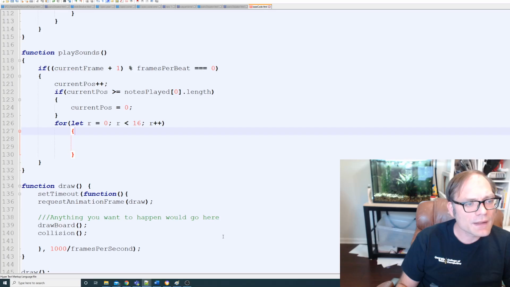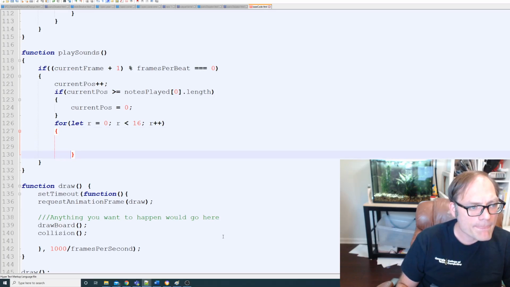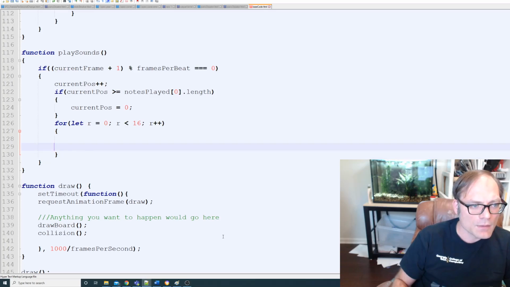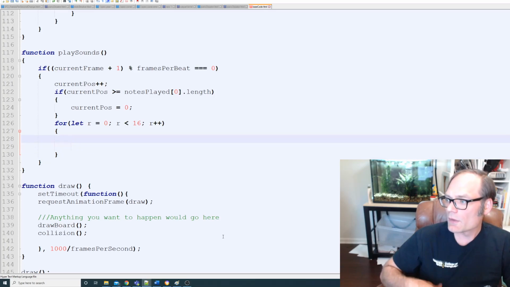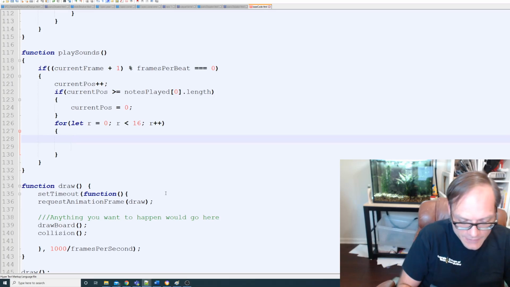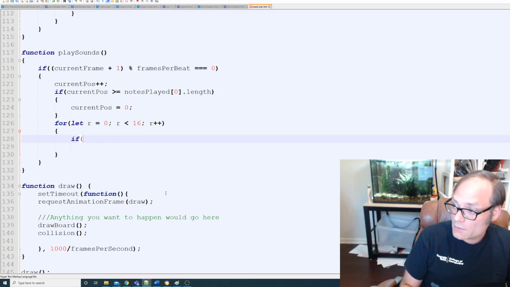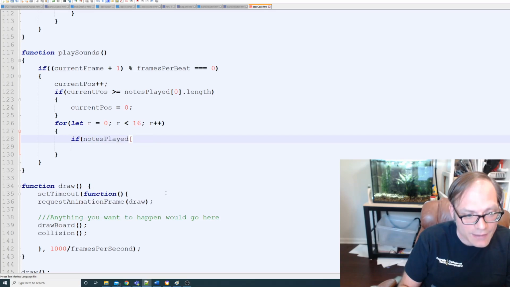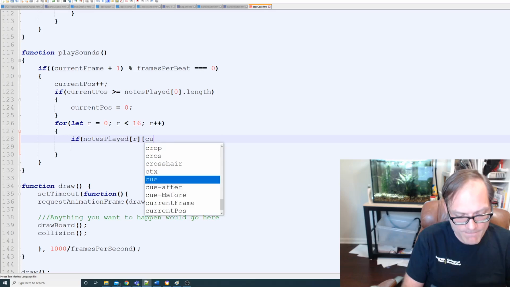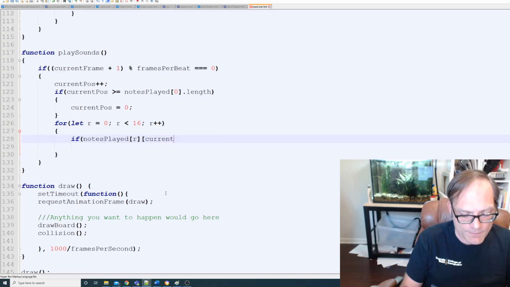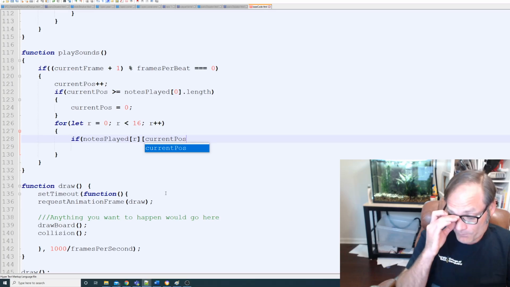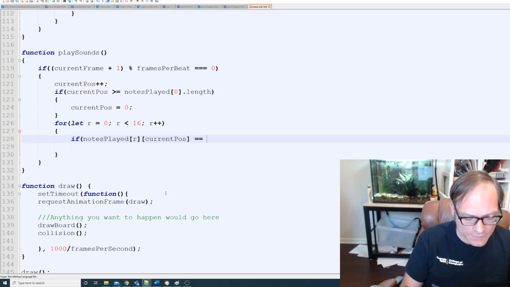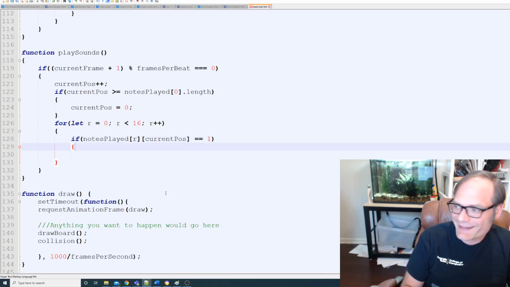Okay, and so here, what we're going to say is if notes played at R, so at that row, and current position is equal to 1. So if that's the case,